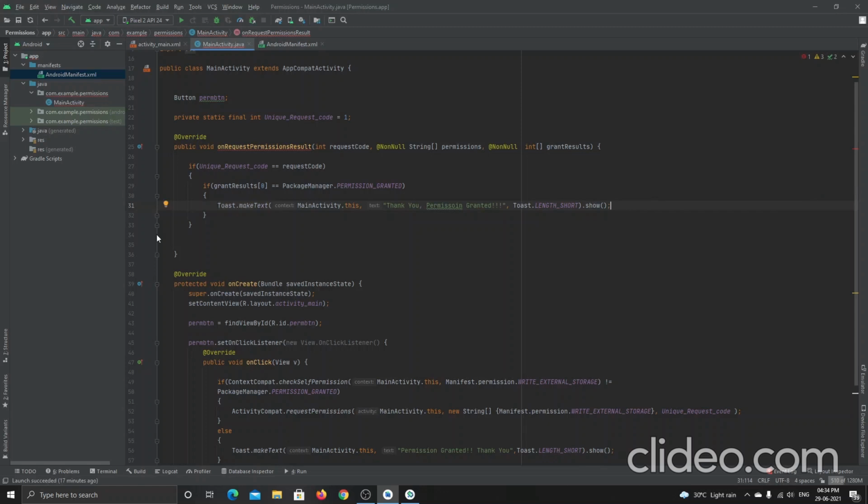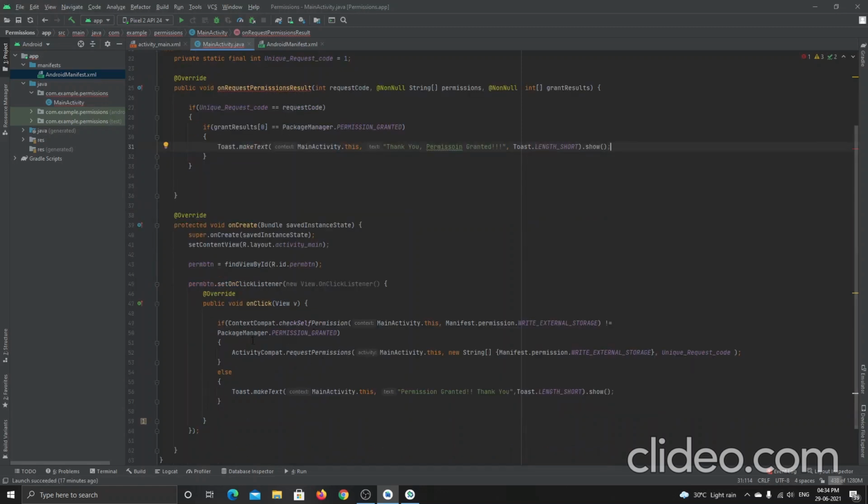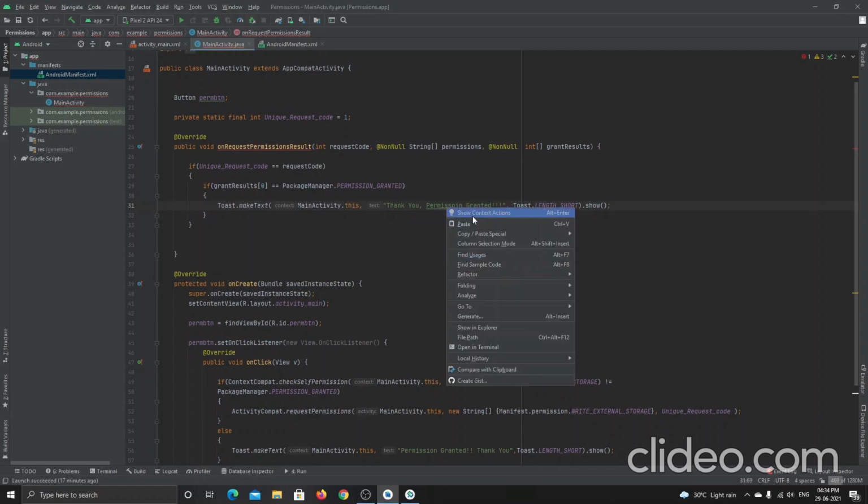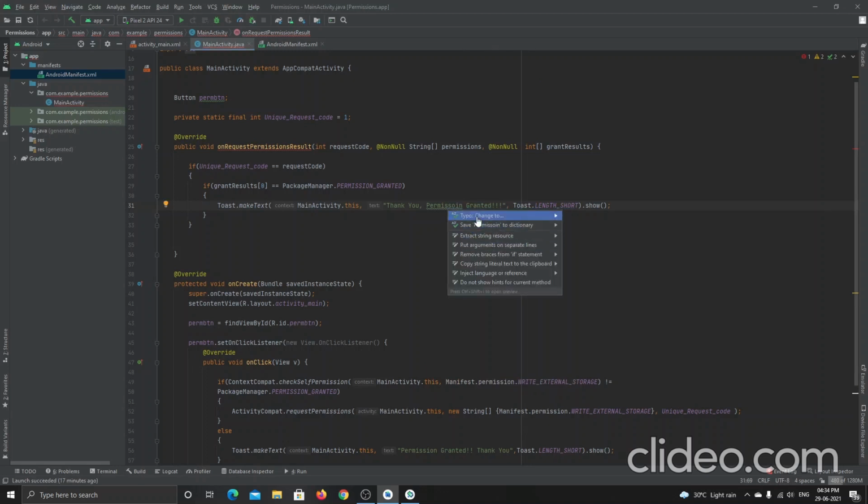What happens is if the permission is granted, inside this if loop it will show the message: thank you, permission granted.